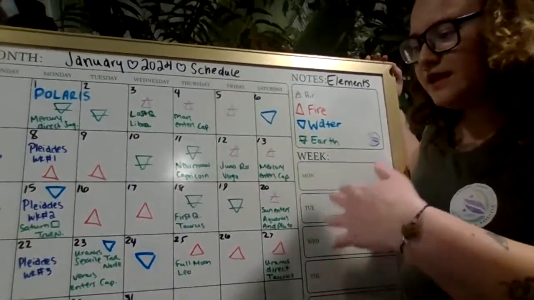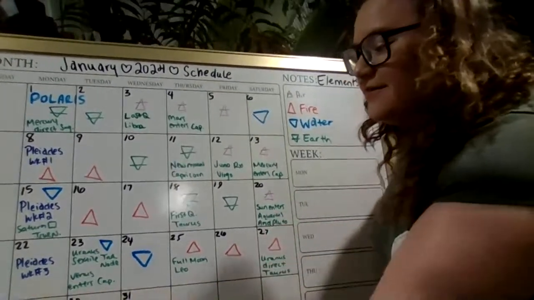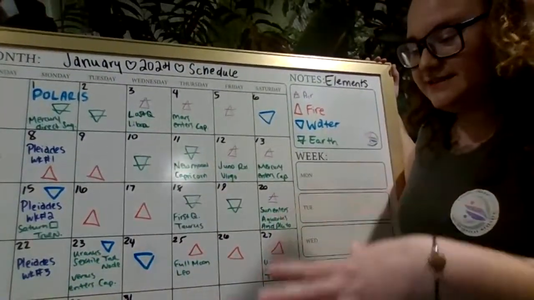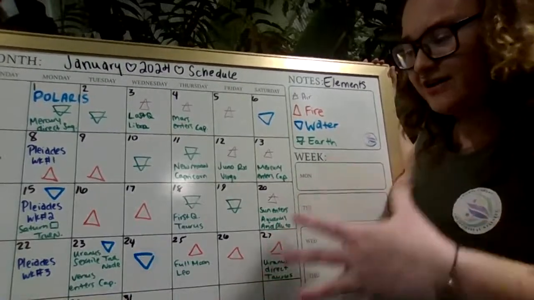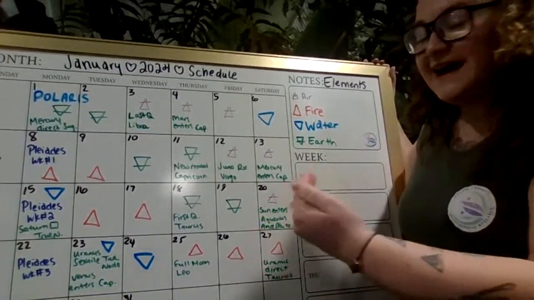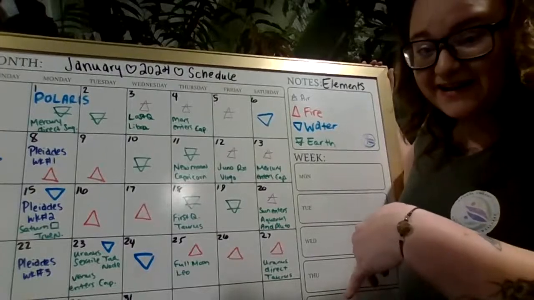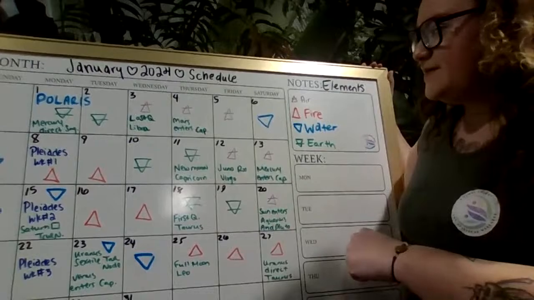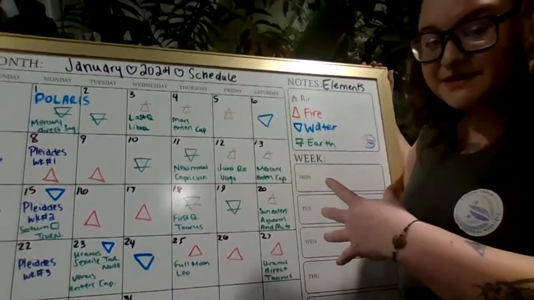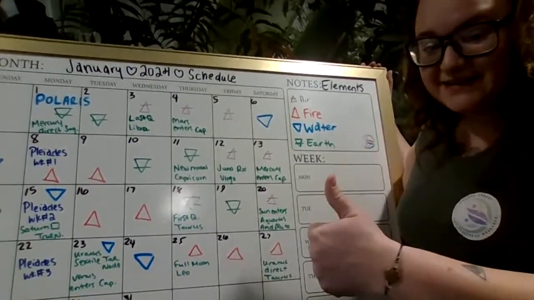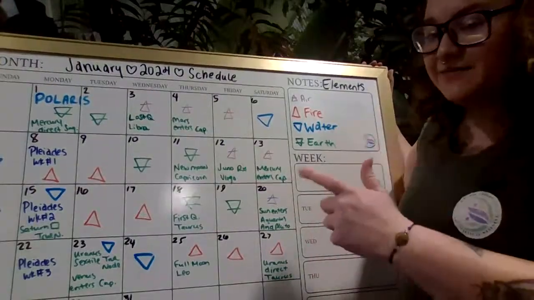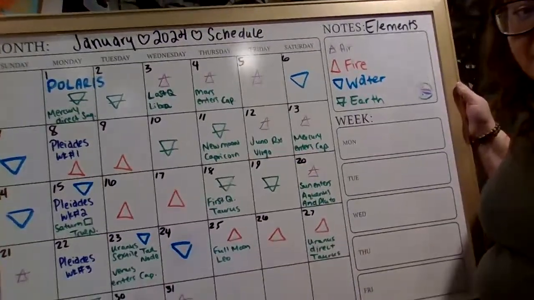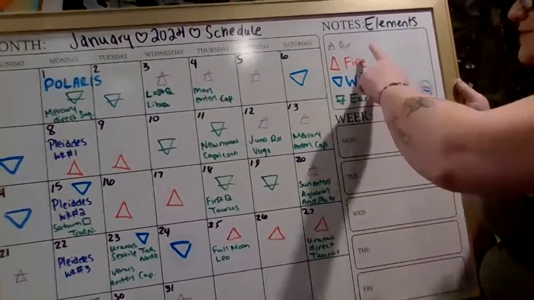So, in your alignment, you have different energies, star seed energies, and honestly, they are all for activating certain chakra points in your body to really equalize your lower chakras and your upper chakras. And we know that the moon phases have specific meanings and they go along with an element. So, what I do want to show off, if you guys can see that, are the elemental symbols and colors